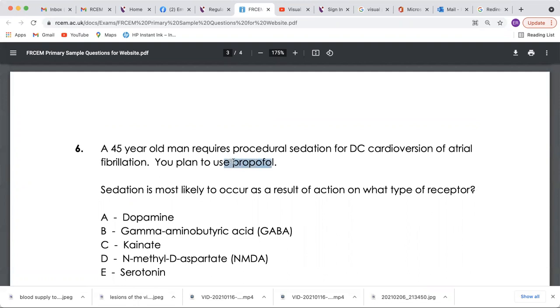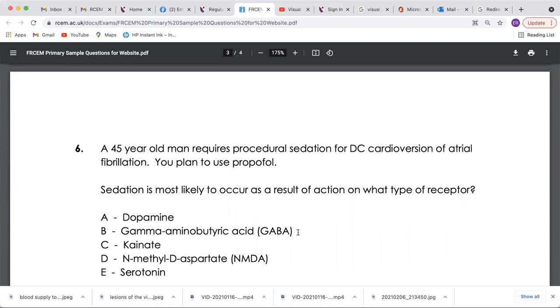We all know that Propofol is a sedative agent that can be used for either procedural sedation in ED or for general anesthesia. And the answer is,